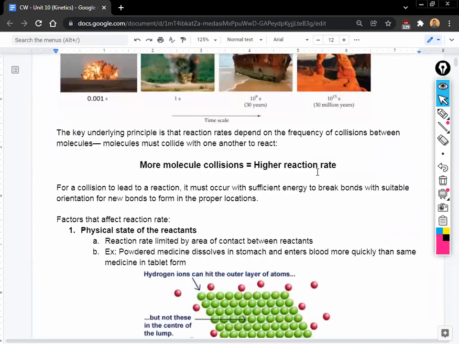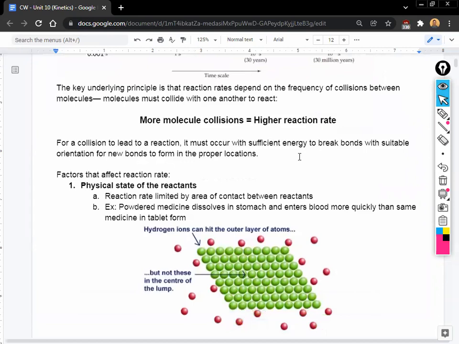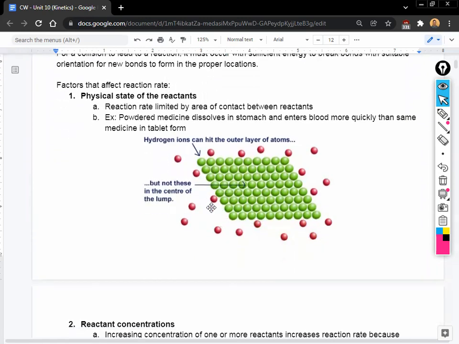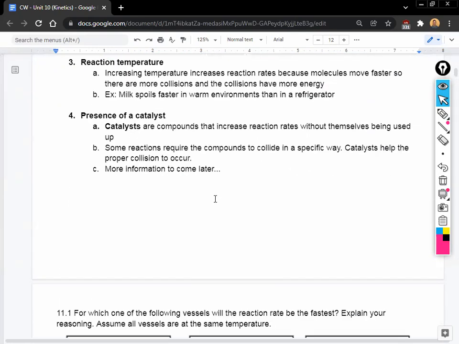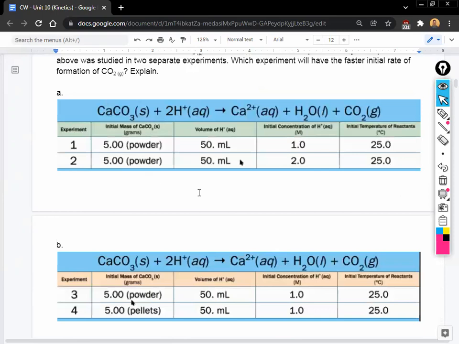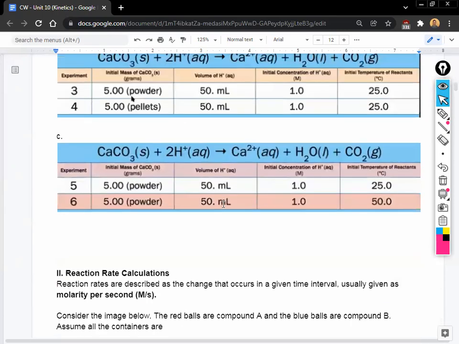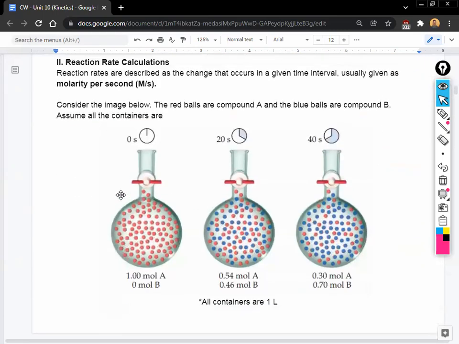We talked about how everything is just kind of determined by the amount of collisions. So the more collisions there are, the faster the rate. And it's affected by 4 different things: physical state, concentration, temperature, and if there's a catalyst or not. We talked about all this last time. We're going to skip some of these problems. You guys can take a look at it if you want, but we're going to go right to the calculation